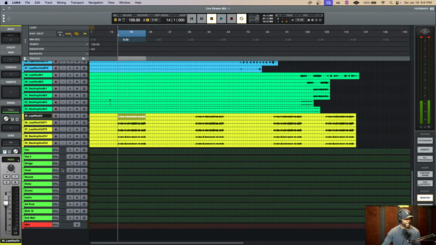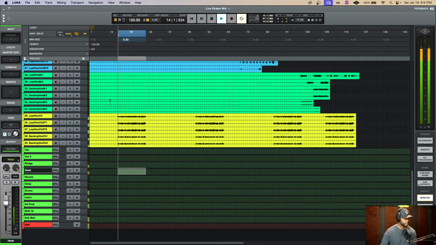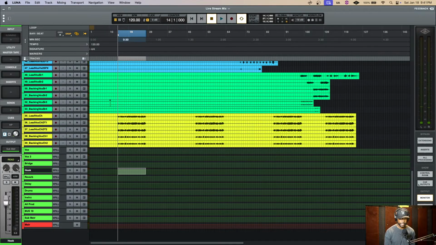So I want to do a stack compression when it comes to the hook. Let me see. There's different kinds of compressing: stack compression, parallel compression. How to explain the difference so it'll make sense for those who are new. So the way to understand the difference, because you have,